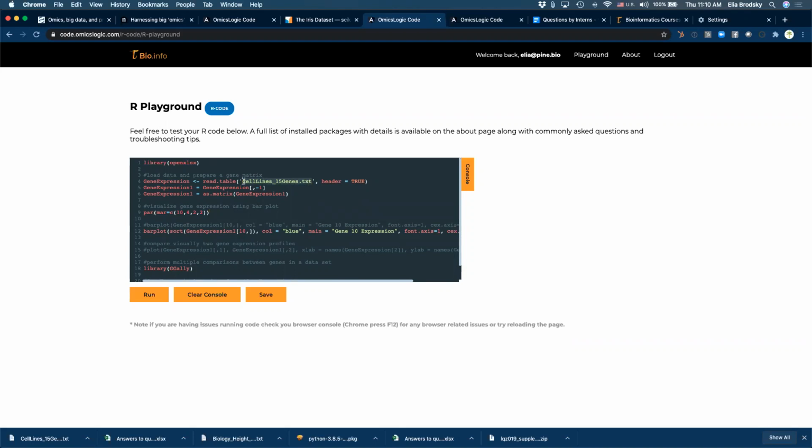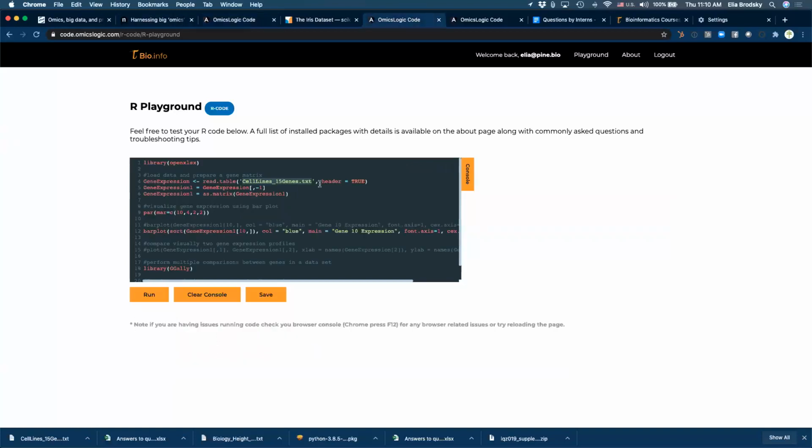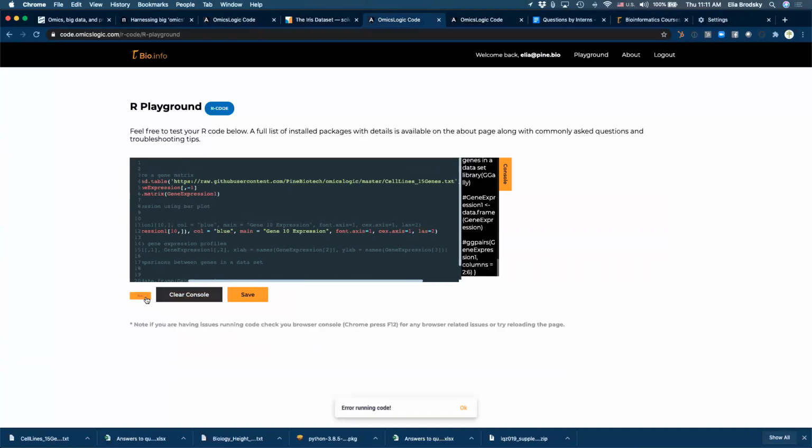This data set is not on the computer, it is not going to run off your computer, so you can't just put in the name. Where do you actually get the name or the link to this file? You can get it from right here, for example. This is that same file. So let's try and replace it here, and let's run it.